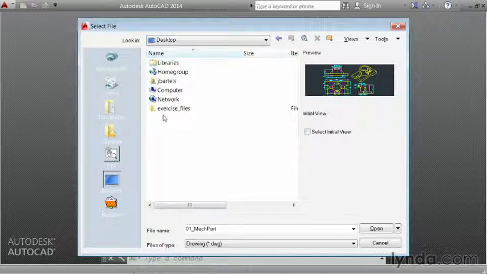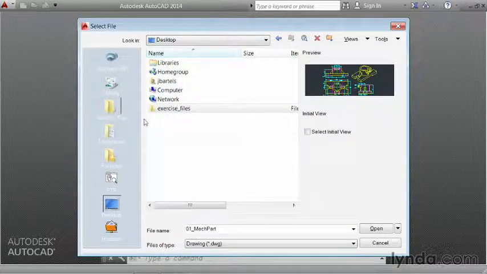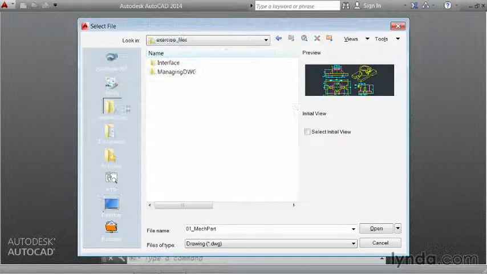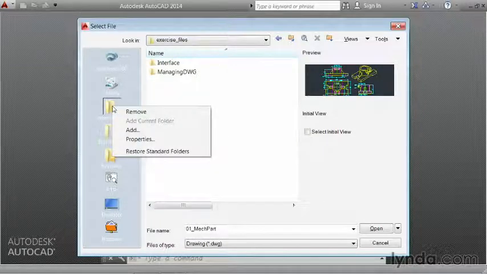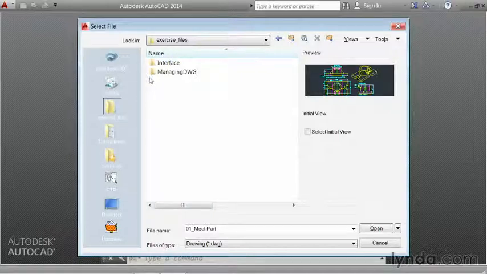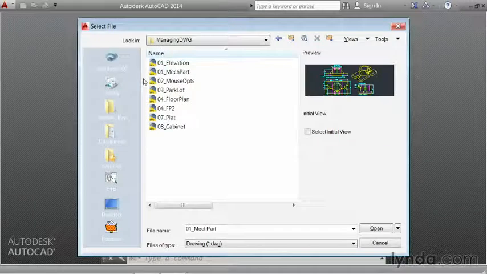I would like to create a shortcut to this directory. I can do that by clicking and holding on the folder, and I'll drag this over and drop it in the Places area. From now on, if I want quick access to the exercise files, I can click my new shortcut. In the future, if this shortcut is no longer necessary, I can come back and right-click on it and choose Remove. For now, I'm going to jump back into the Managing DWG folder,